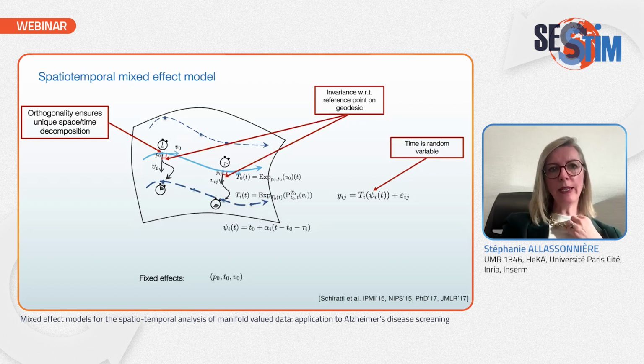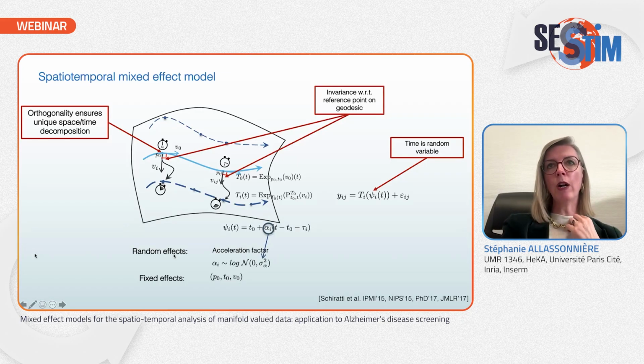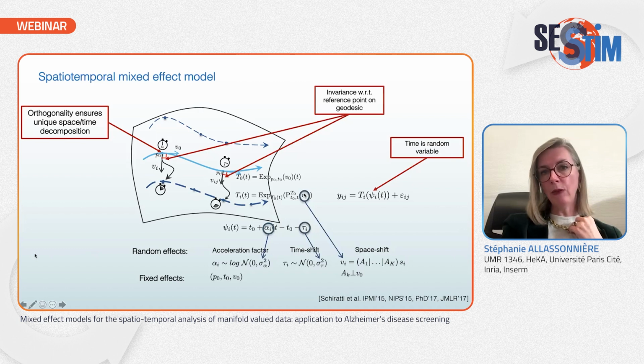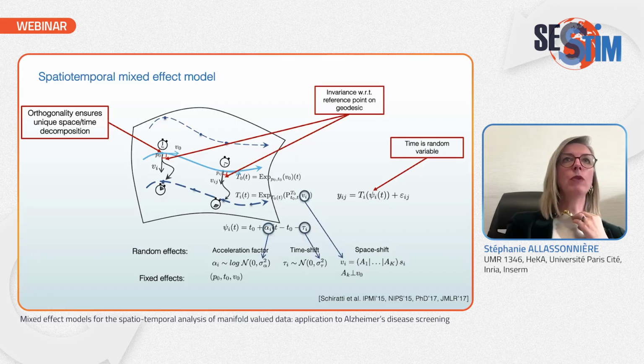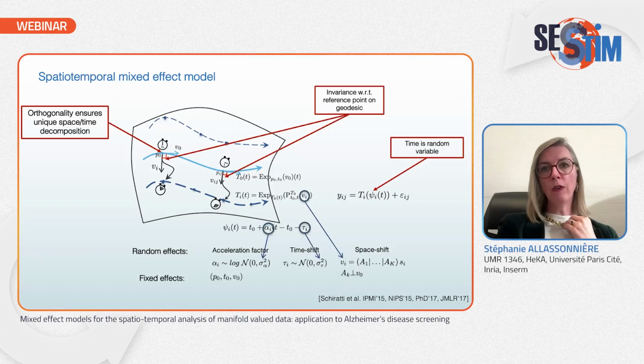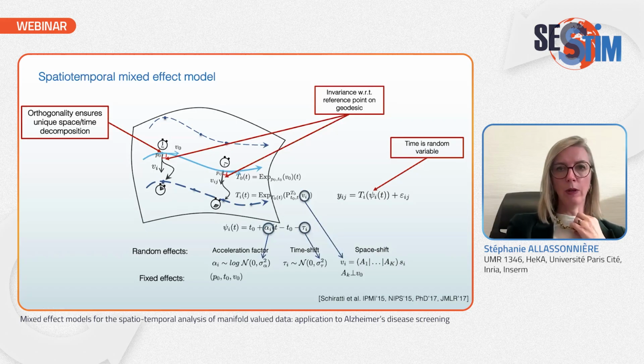And if you summarize, which is a mixed effect model, you have fixed effects, so the population effect. So if you change, of course, these 3 parameters, you will change the whole population. So this has an impact on the whole population. This is why it's called fixed effect. And the random effects, which are patient-specific. The first thing is the accelerating factor, the time shift, and of course, this vector v_i that you can see here, which is what we call space shift, which actually is how different in shape the behavior of the patient is with respect to the representative trajectory.